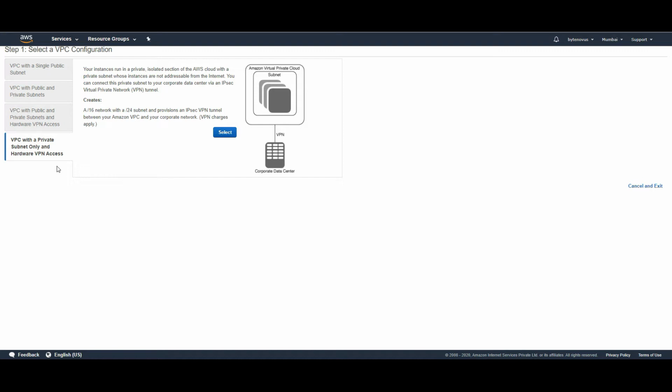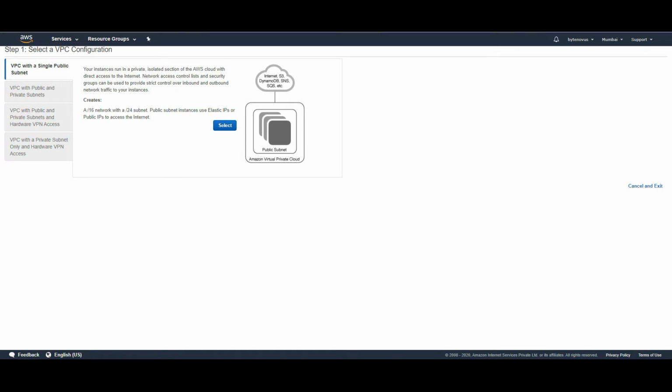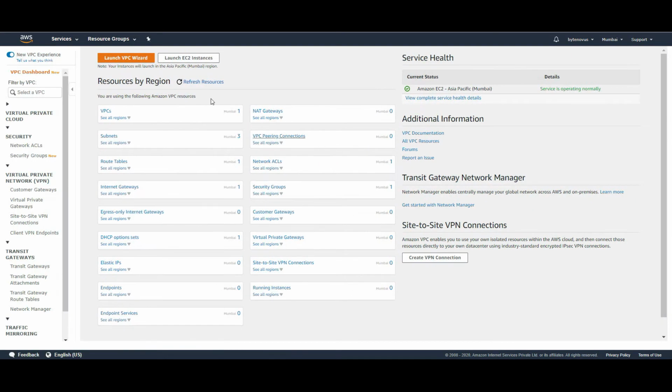This is a faster way, so you don't have to create your subnets, VPCs, routers separately. So VPC makes your job much easier. But in today's demo, we will be creating these components individually. But once you know how to create these components and how to stitch them together, you can just try your hand at this template as well. So let me go back. We won't be using this Launch VPC Wizard. Rather, I will click on VPC,